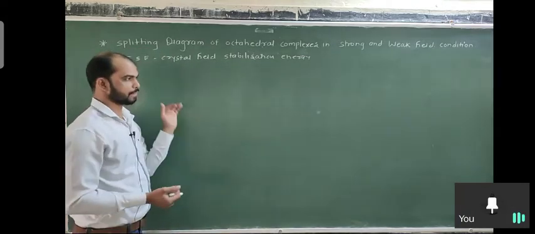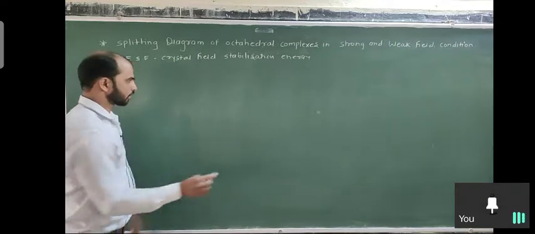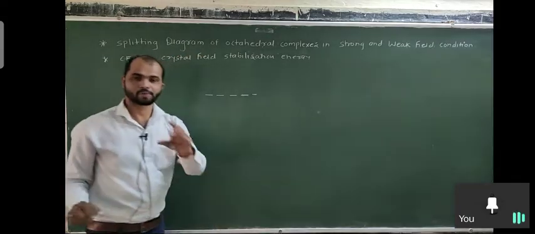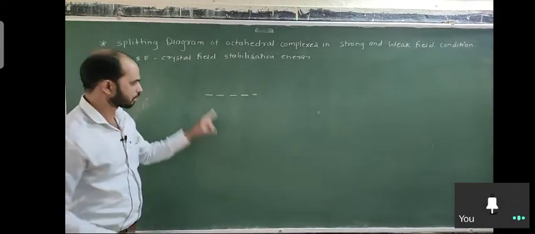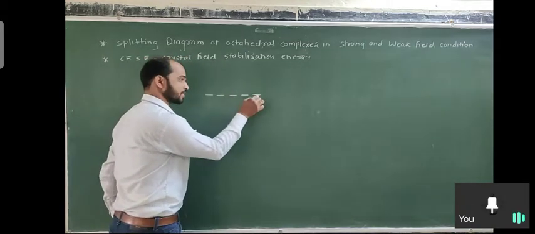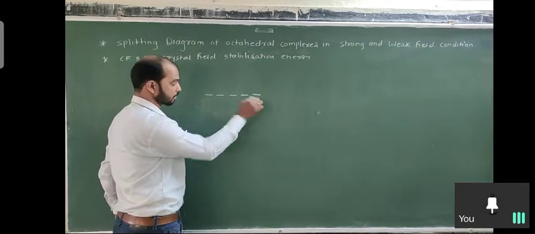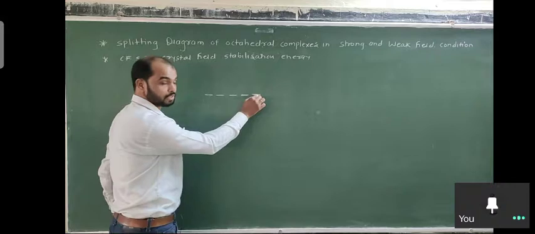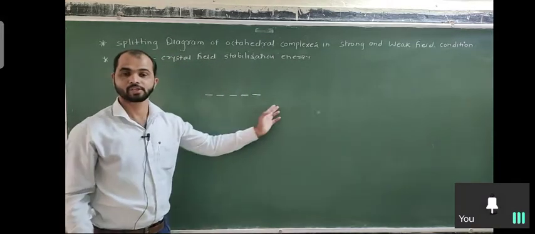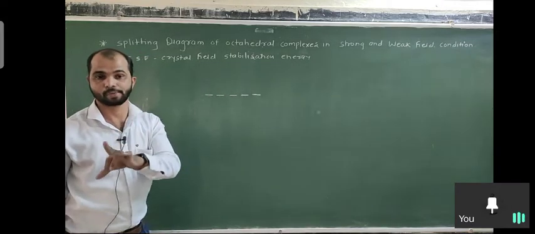Before the stabilization, we already drew the energy diagram. So suppose we consider that d orbitals have 5 suborbitals. Just for that, you draw only 5 lines, dotted or broken lines: 1, 2, 3, 4, 5. Some students draw 5, 6, 7. Some students show it differently. So here there are 5 orbitals, because d has 5 suborbitals.